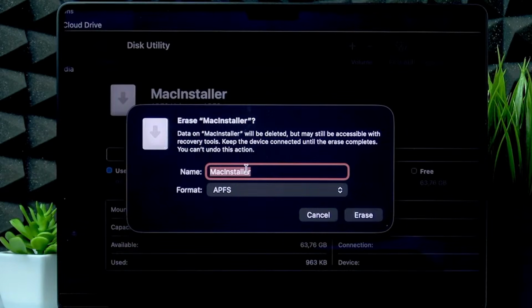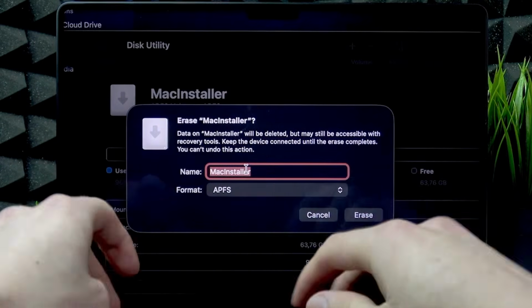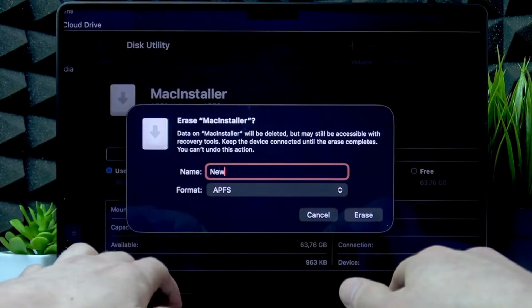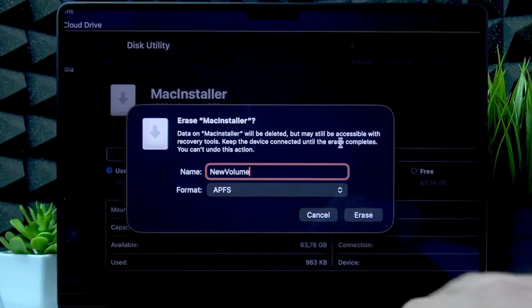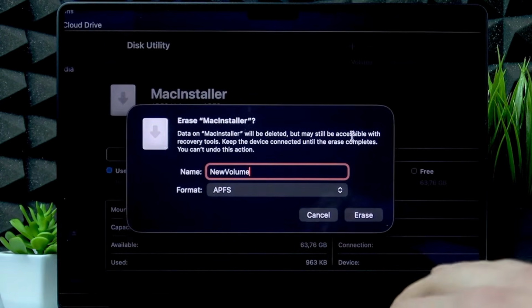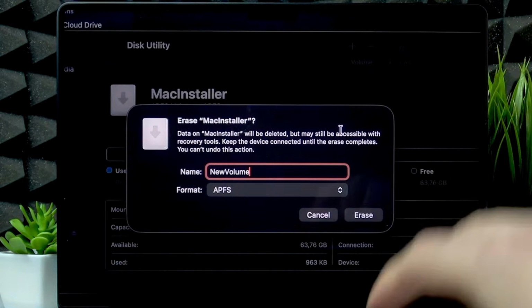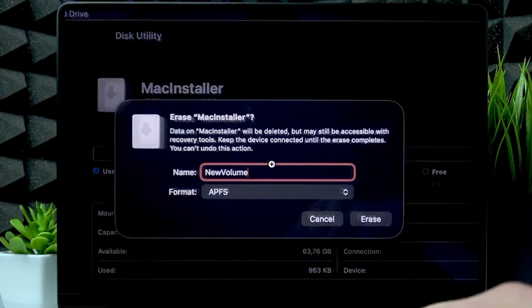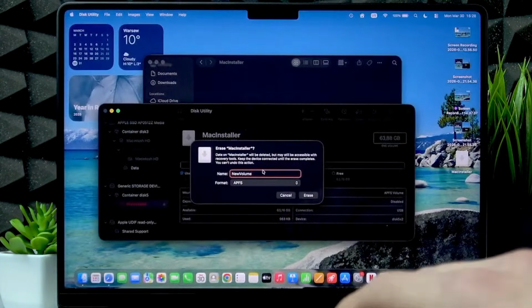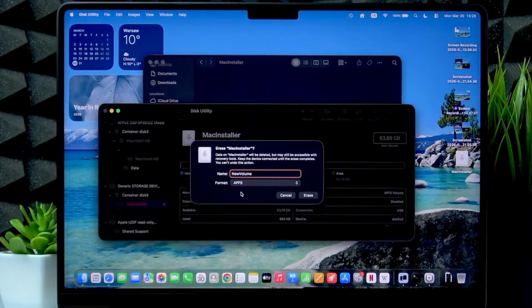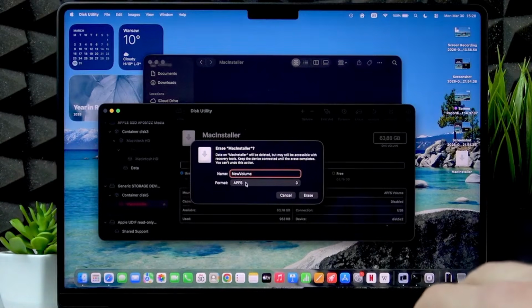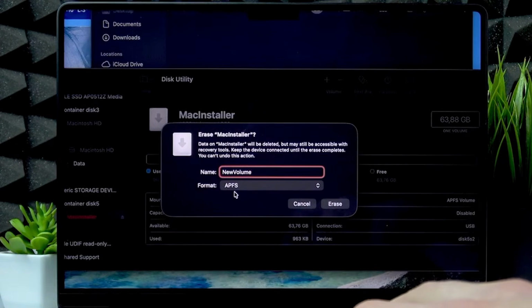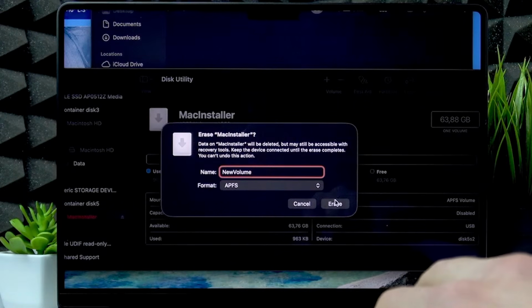Preferably, Apple suggests that you rename it to New Volume, as they have the appropriate commands based on their website that I'm gonna show you later in this video. Using this name will not make you change any of their created commands for creating a bootable USB flash drive. But that's something I'm gonna explain later. Right now, it doesn't really matter. So as the format, use APFS or exFAT, then click Erase,